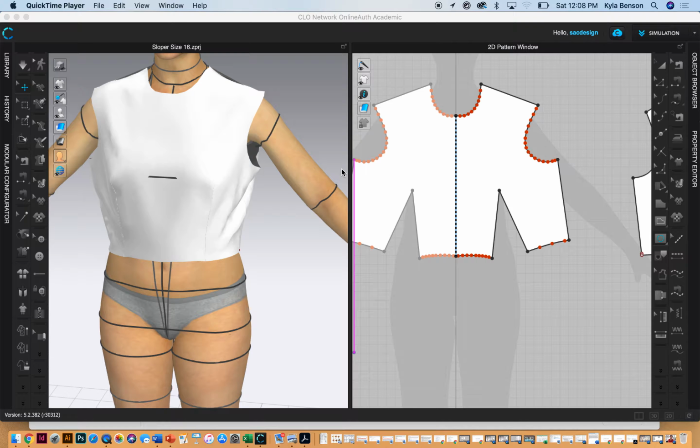Hey everybody, we are drafting parallel darts, a cape effect. We are in figure 1. I'm on bullet point number 2. So it says draw vertical slash lines up from the dart points that are parallel with center front and mark